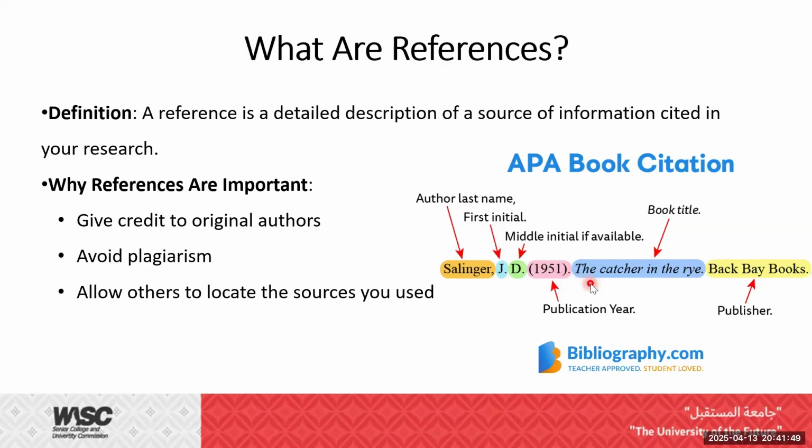All of these issues actually matter. So basically, this is how a reference looks like for a book citation. If you are citing a journal or a research article from a journal, you may find sentences. Here, for example, you will see the title of the article followed by the journal name instead of the publisher. Okay,